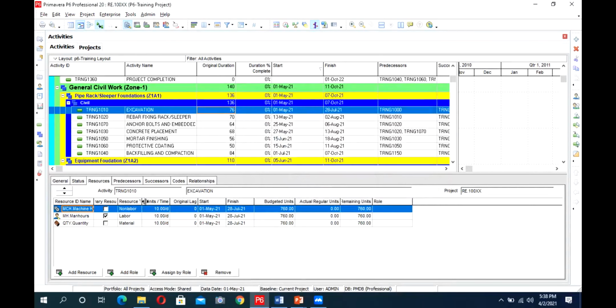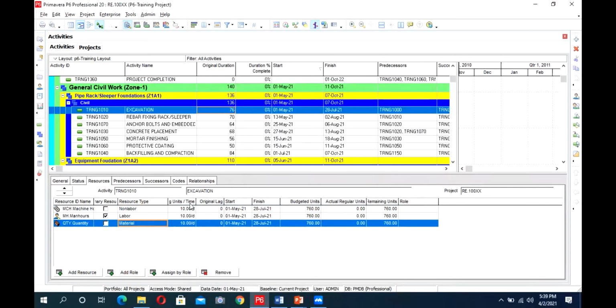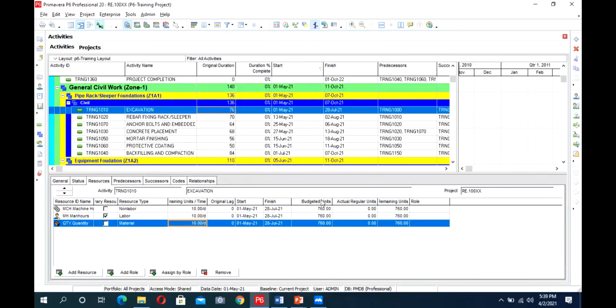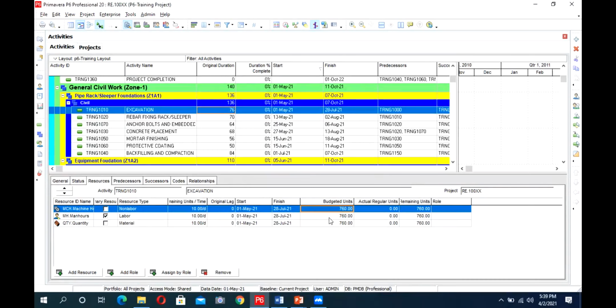For these resources, the resource type is what we defined while making these resources. This is units per time. We also defined this one as 10 units per day. So what we have to define here is their budgeted units. We have budgeted units for every resource in our exercise, and we will add them as per the exercise. So for activity 1010, how much labor units do we have?